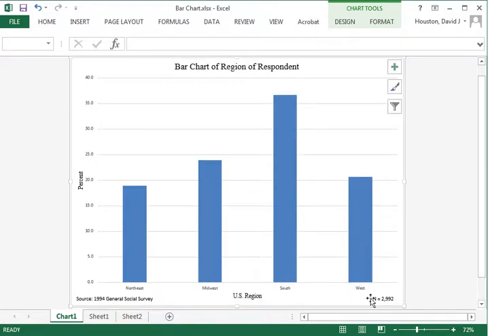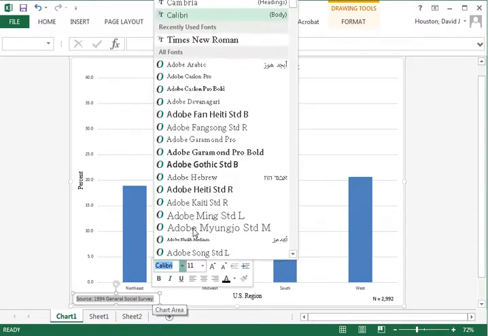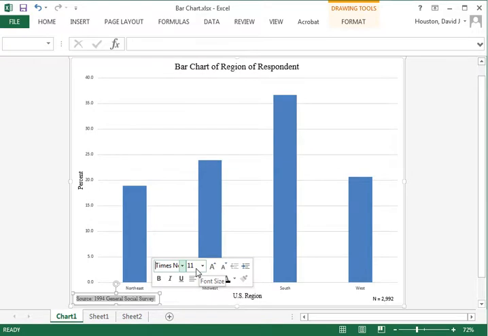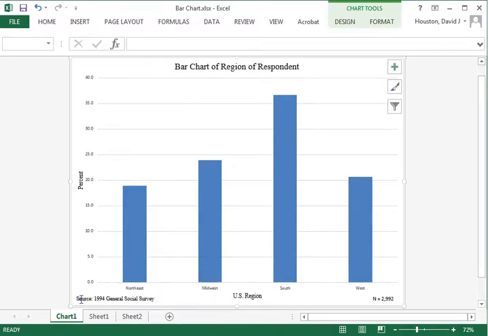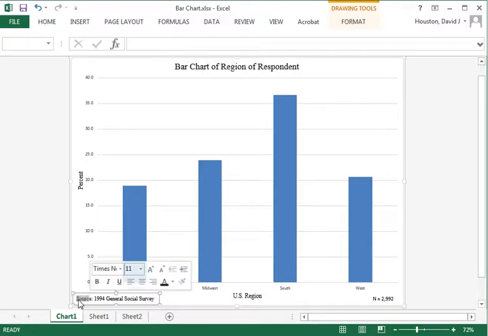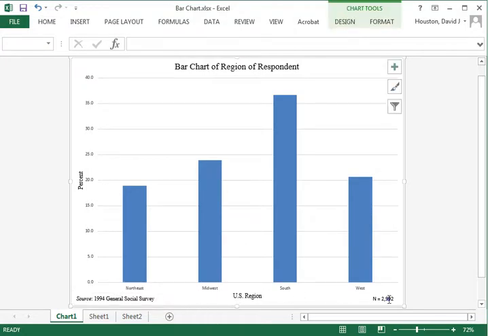I'll do the same thing for the other information I have here. I'll click on this text box, highlight and click and drag to highlight that, change it to Times New Roman, and I'll keep it as size 11 in the black font. But now, also what I want to do, I'll go back in and just highlight the word source. And one of the things that I like to do is just make the source italicized.